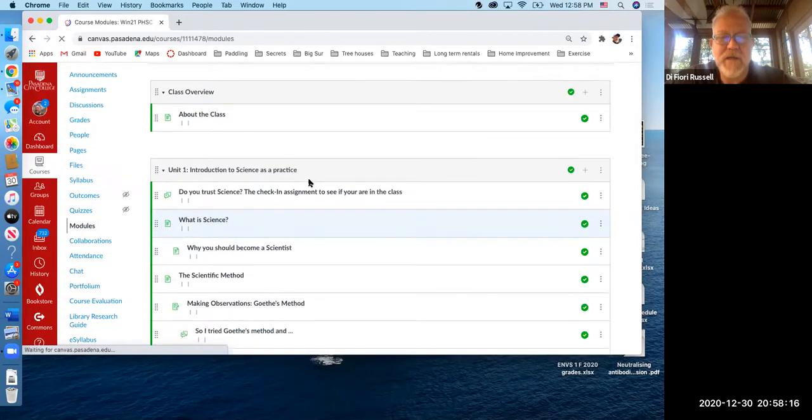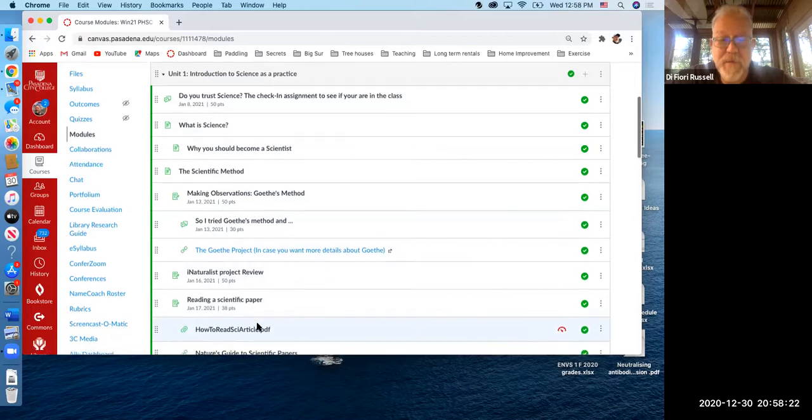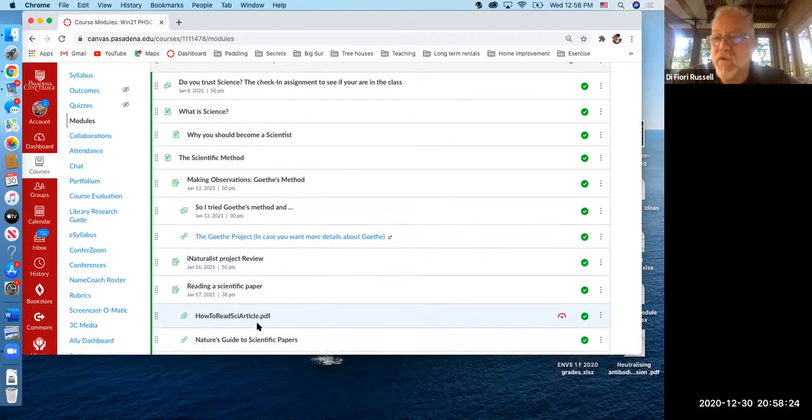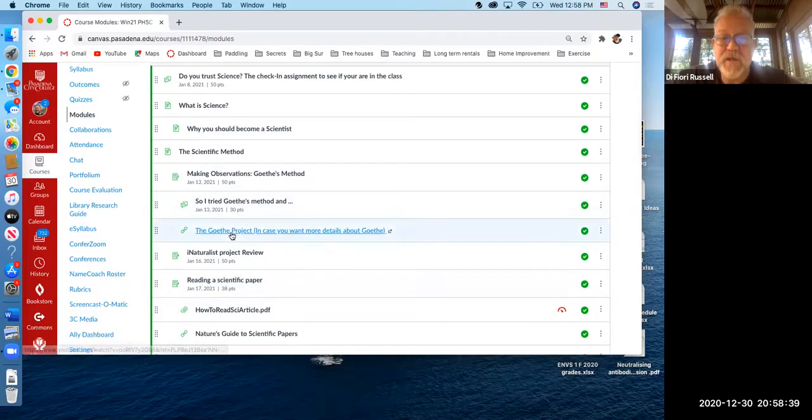There's the about the class page, but then unit 1 is sort of those first set of assignments that build the basic skills necessary for you to carry out your science project for this term. Something about making observations, the app we're going to use, how to read a scientific paper so you can use them in your work. All of this stuff, the assignments are built in here, but you'll notice in the